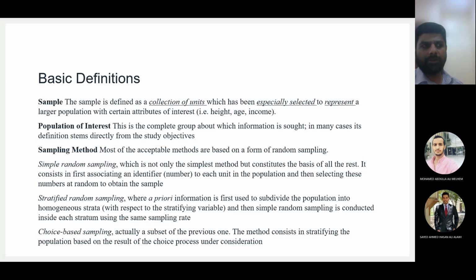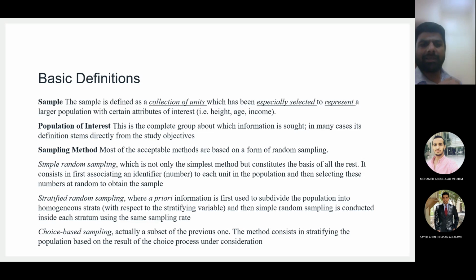So for example, there's a command in Excel for random number generation. So you use this command. For example, you are going to collect data from 15 houses. Which 15 houses? I don't know. So I assign the house number from 1 to 100 in the area.